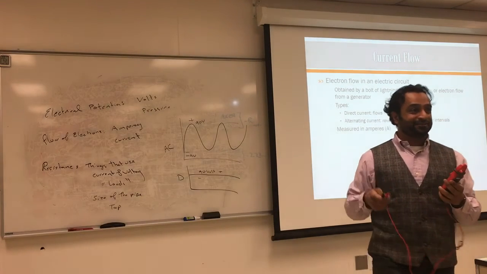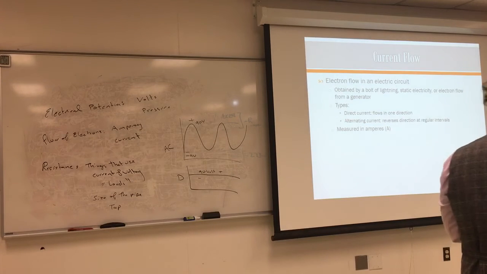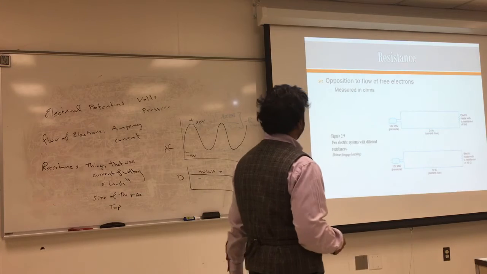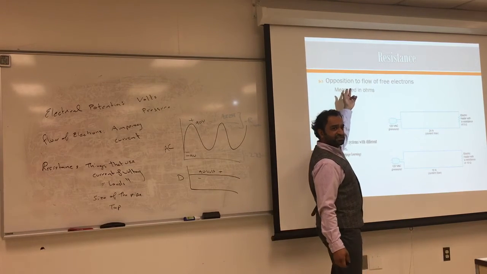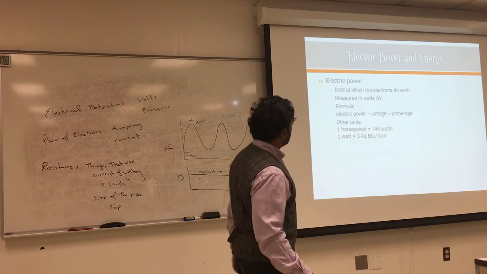It's changing. Do those things have a fuse in them? Yeah, but these have smart logic in them, they don't get burned. But the other ones, they will get burned. The cheap one with a $5 fuse, if you put it wrong, it will burn. This is a very good one. Amps and amperes. The opposition to the flow, we said, is resistance, and that's in ohms. And we'll talk about that again.